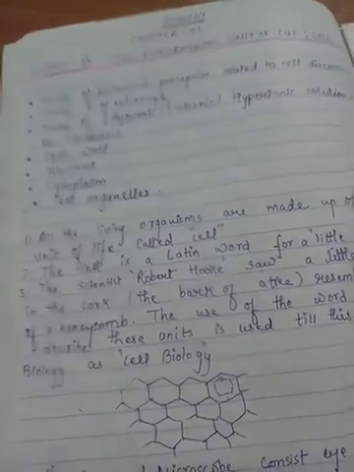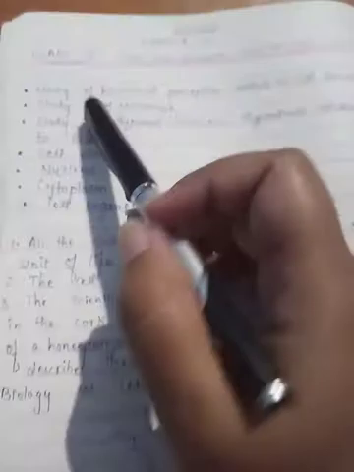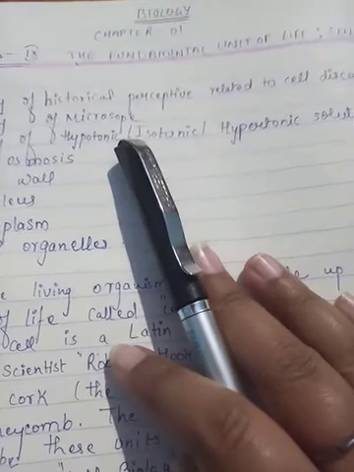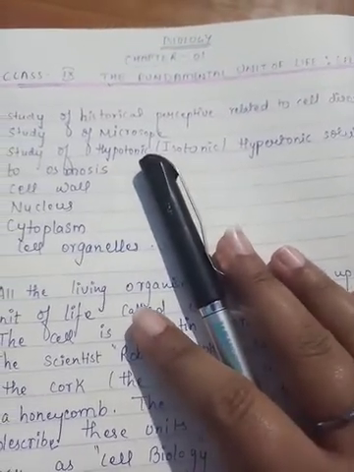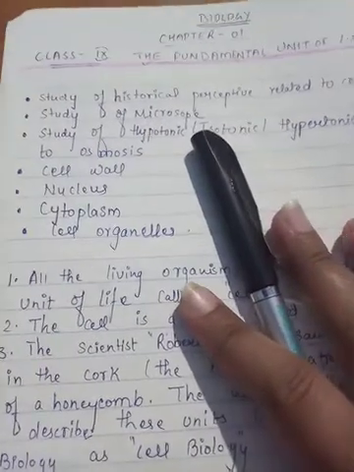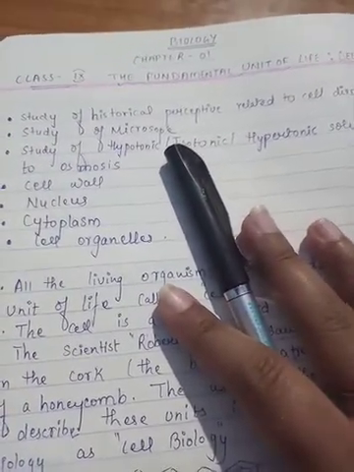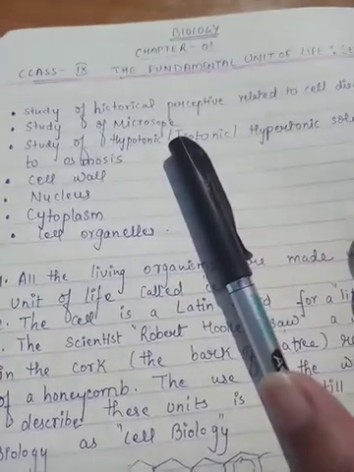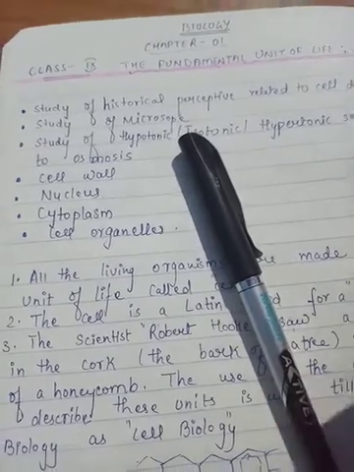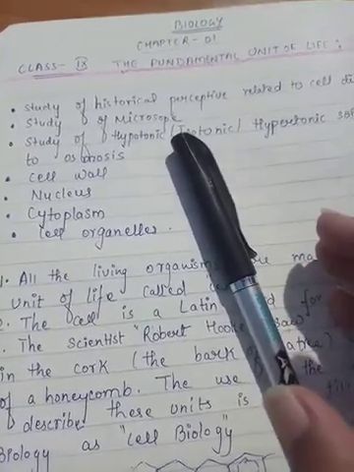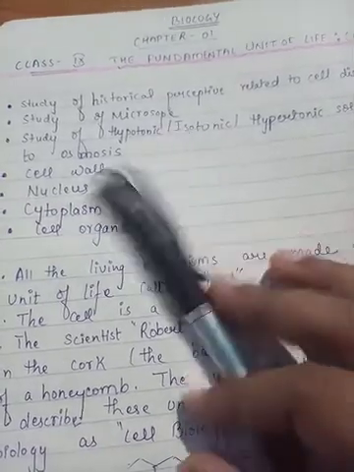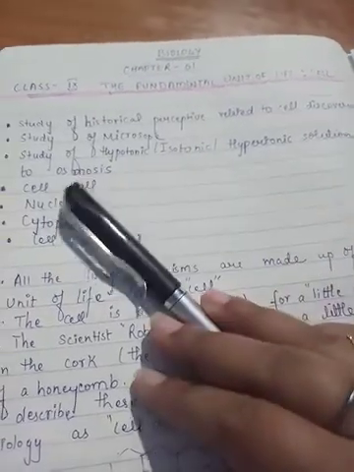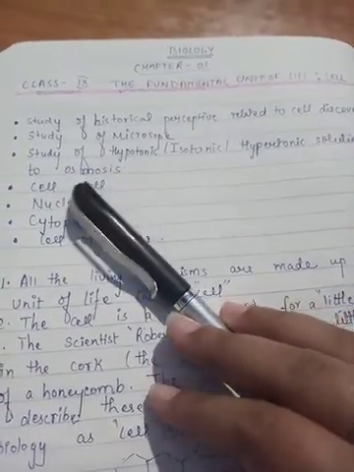As you can see, the first is the study of the historical perspective related to cell discovery: how the cell was discovered, what the historical aspects are, and which scientists were involved. Then the study of the microscope, and its role in the study of the cell. After this, hypertonic, isotonic and hypotonic solutions, what these are, what osmosis is, then the cell wall,